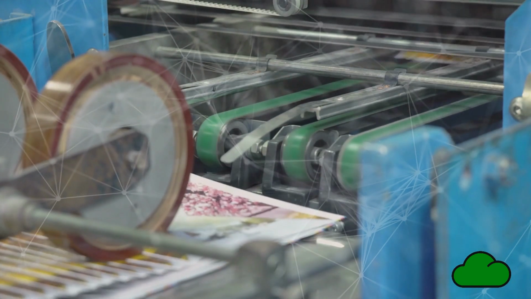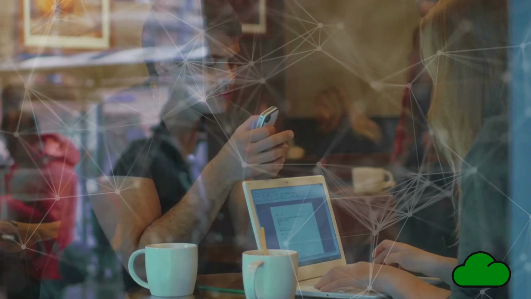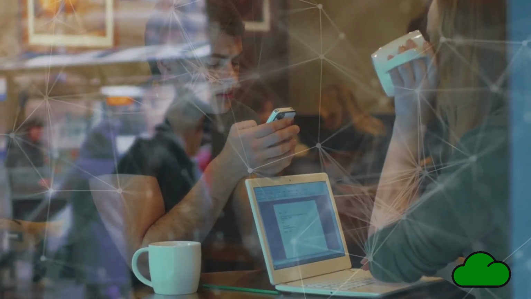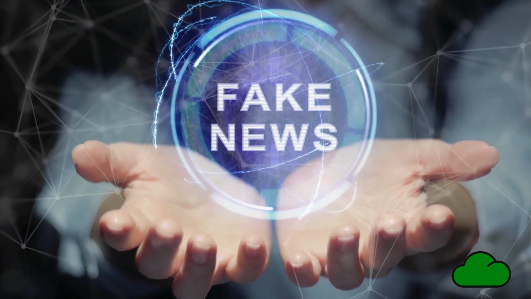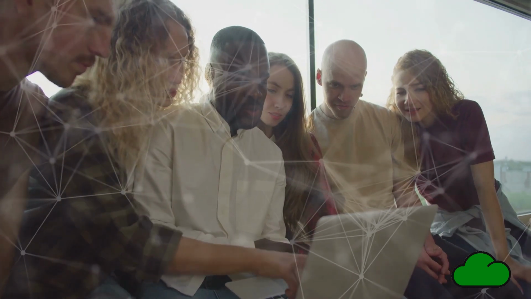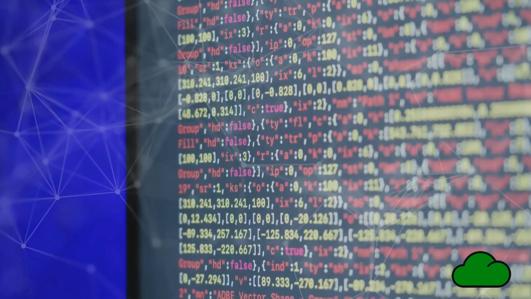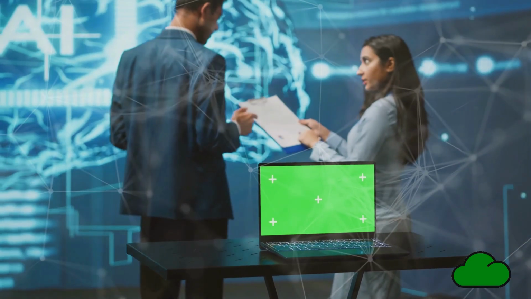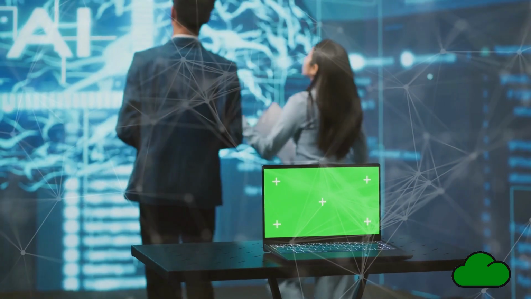Section 1. The urgency of a multifaceted approach. The digital age has ushered in unprecedented interconnectedness, enabling rapid information flow. This creates opportunities but also spreads fake news, threatening trust and truth. Addressing this requires a multifaceted approach beyond technology. AI and data analytics help detect fake news. Hybrid models combining AI and human judgment are promising.